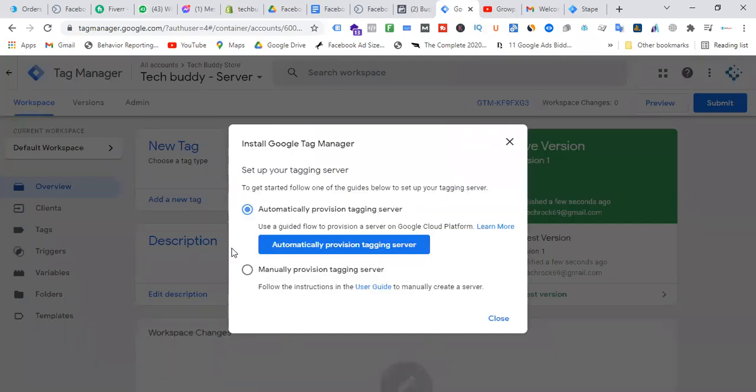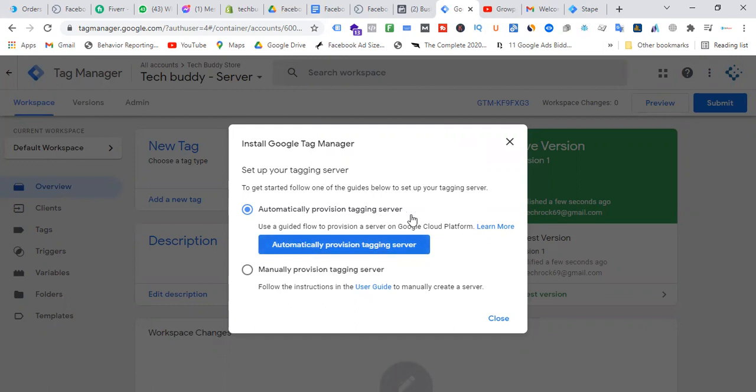Now, if we want to use the Google Cloud Server, you have to click automatically provisioning tagging server. There, first of all, you have to put your credit card information, and after that you will get $300 free.